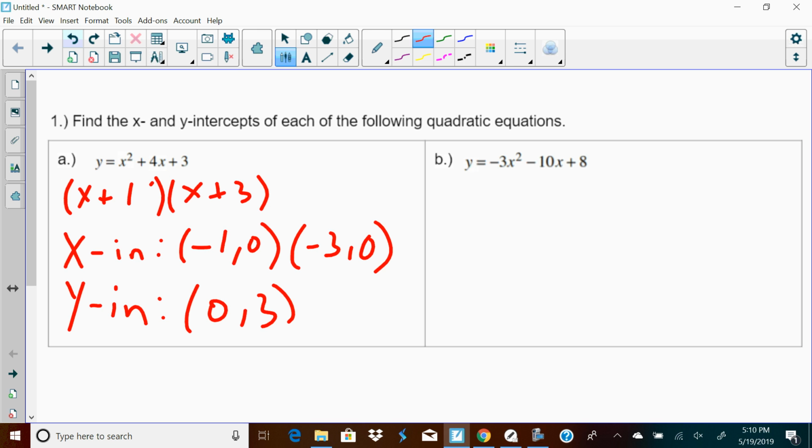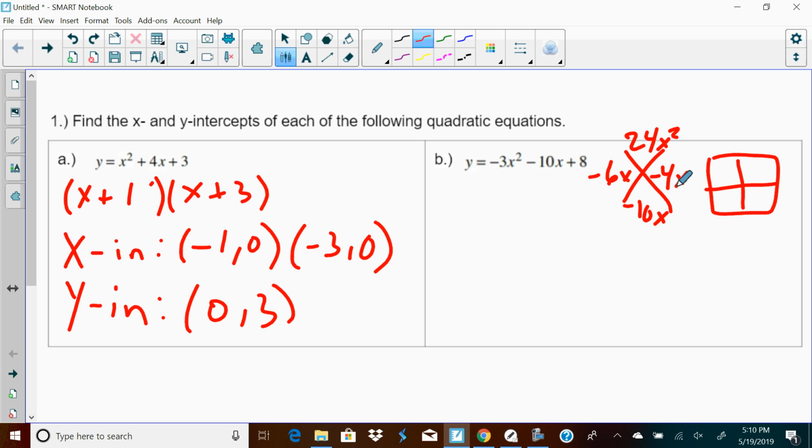For part B, again, I'm going to try to factor it. This time I'm going to make a diamond in a box. So I get 24x squared, 24x squared and negative 10x. So 8 and 3 make 24, 6 and 4. So it's going to be negative 6x and negative 4x. So in my box, I get negative, actually,